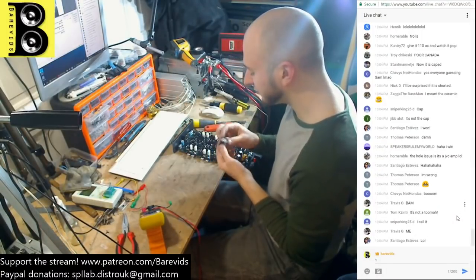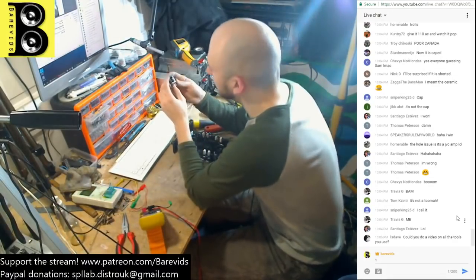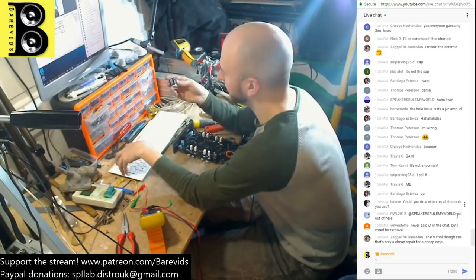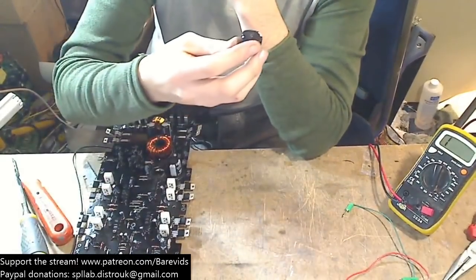So, we need to dig through our donors and see if we've got a replacement capacitor for this. We need something that is at least the same values or better. So this is a 35 volt, 33,000, no, 3300...